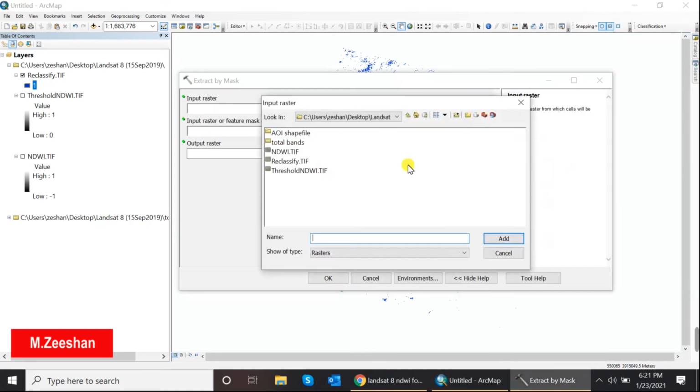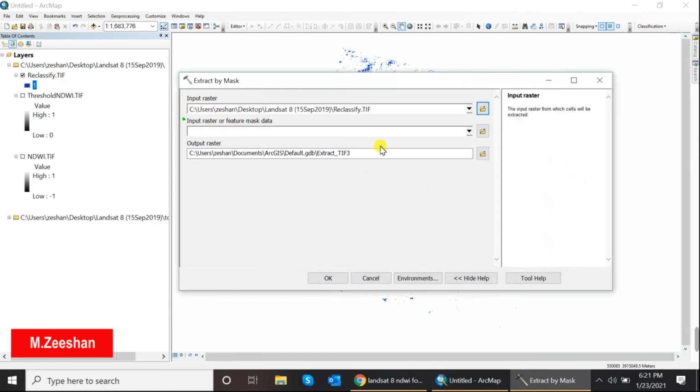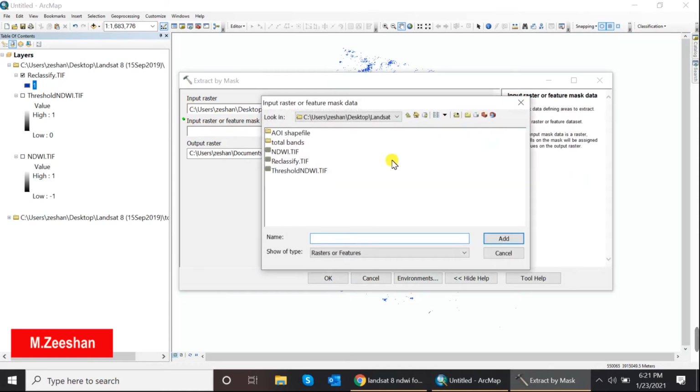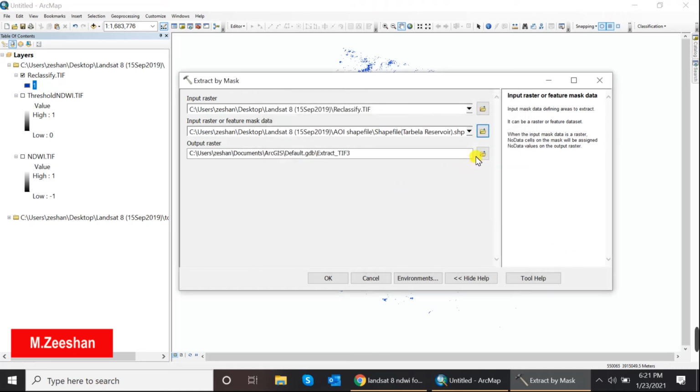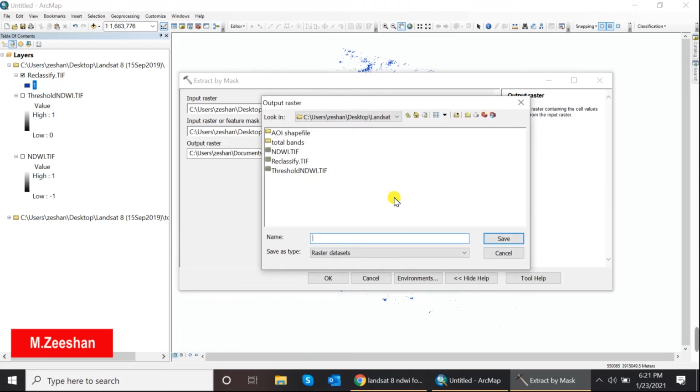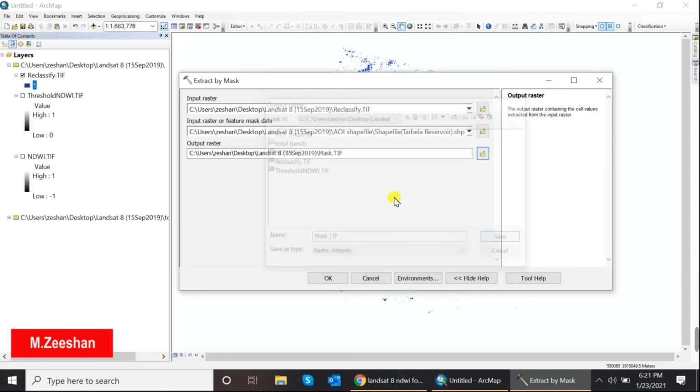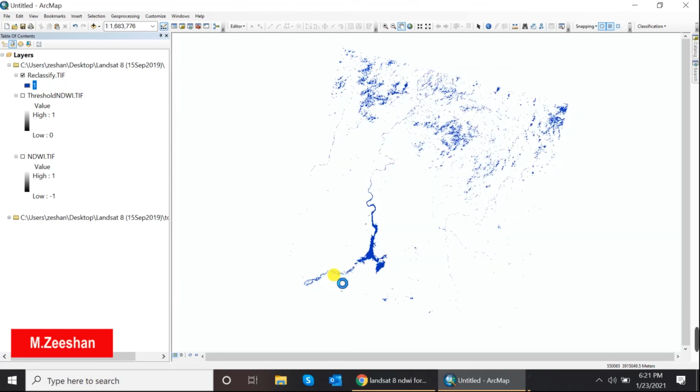Now input raster will be reclassify, and for input raster or feature mask data, you should have your required shape file of the reservoir. In my case I have already made my shape file of the Tarbela reservoir, so I will click here. Now output raster, so I will write this name as mask.tif. Press OK.